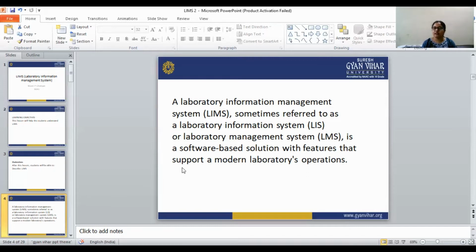All the scientists generate lots of data while working in the particular area, that means in the preclinical development area. So the scientists generate all the data, lots of data, and they are storing all this data in particular software, that means in the CDS or in the LIMS or in the TIMS.